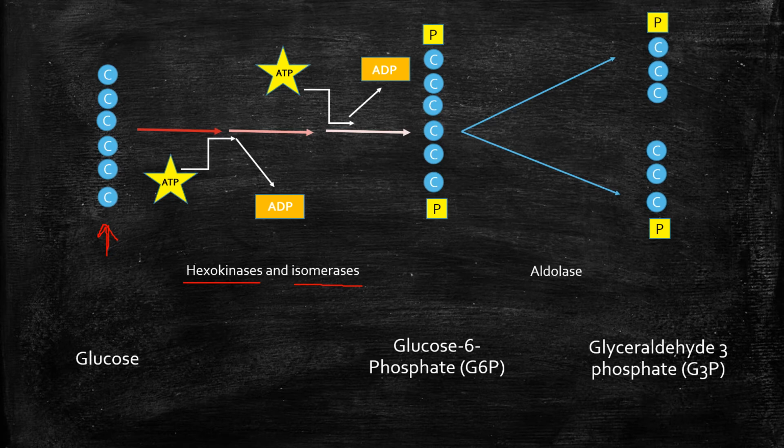So I just wanted to make sure that you knew this wasn't just one step. This is a series of 3 steps that require 3 separate enzymes. And while it's doing that, it is using up 2 ATP molecules in order to add these phosphate groups to the glucose molecule. And what that does for us is once the glucose molecule is phosphorylated on both ends, it is then kind of trapped in the cytosol or in the cytoplasm of the cell, so it won't be leaking